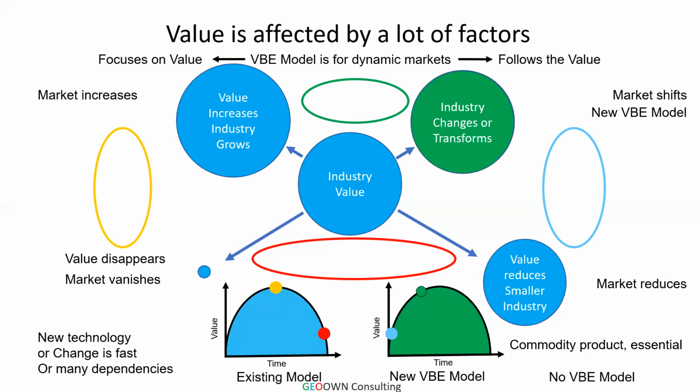So you can plot where your company is on the VB model, and then in the future, do you see an existing or new VB model coming into play and affecting your VB model? That's an analysis you need to do, and we have templates which could help you with that. Now, examples of companies in red, in the declining part, which went bankrupt: Blockbuster, Nokia, Radio Shack, Kodak, Sears. They didn't change their VB model and they perished.